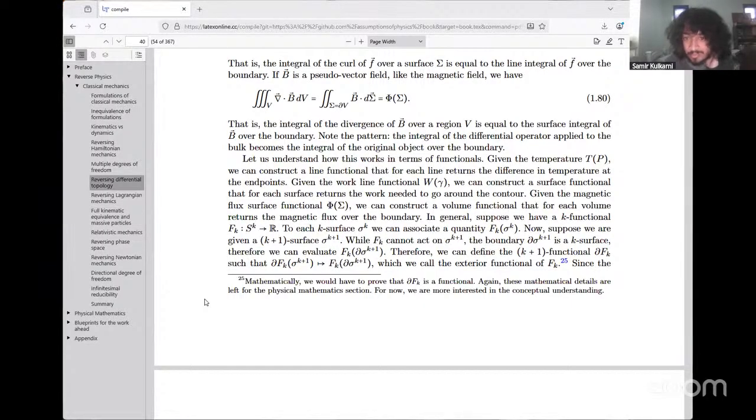The boundary, partial sigma k plus 1, is a k surface. Therefore, we can evaluate f_k of partial sigma k plus 1. Therefore, we can define the k plus 1 functional df_k such that df_k of sigma k plus 1